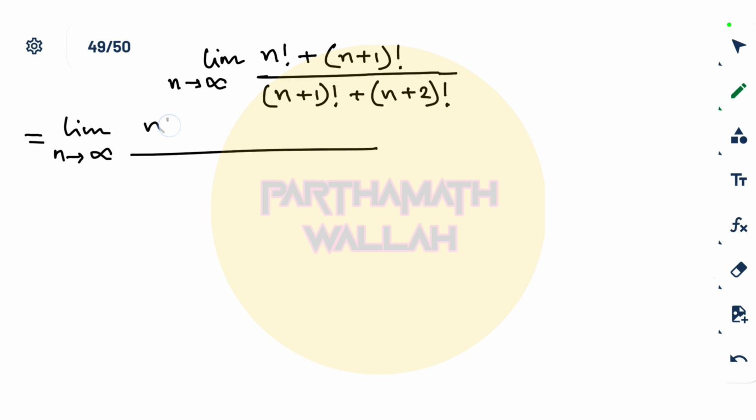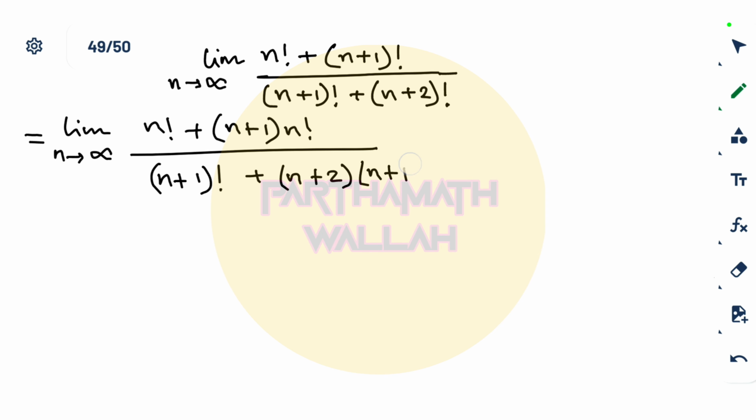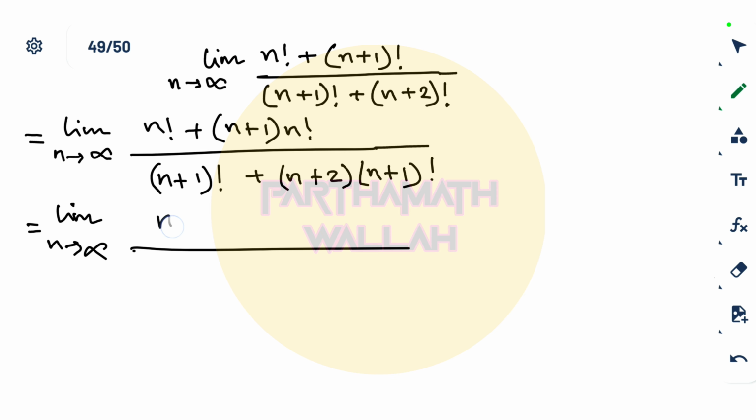Here, n factorial plus n plus 1 factorial will be managed as n plus 1 into n factorial in the numerator. In the denominator, n plus 1 and n plus 2 is higher, so we will fix n plus 1 factorial, and then break n plus 2 factorial in this pattern, that is n plus 2 into n plus 1 factorial. Further, from the numerator, n plus 1 will be common, giving 1 plus n plus 1. Now from the denominator, n plus 1 factorial will be taken common, leaving 1 plus n plus 2